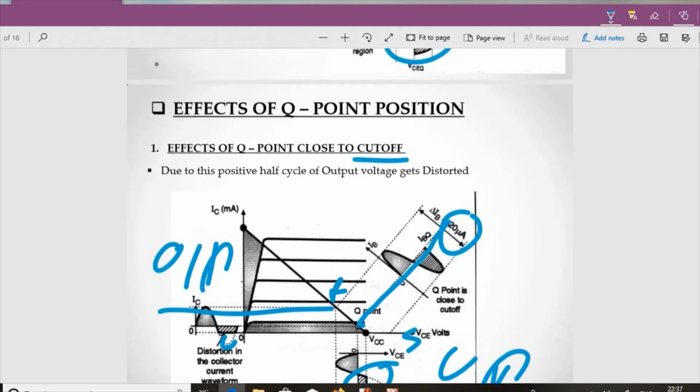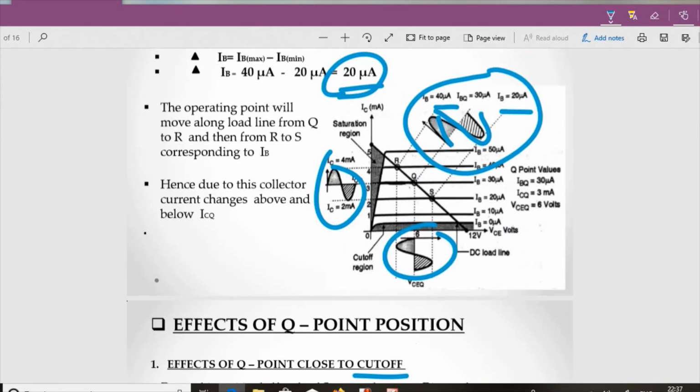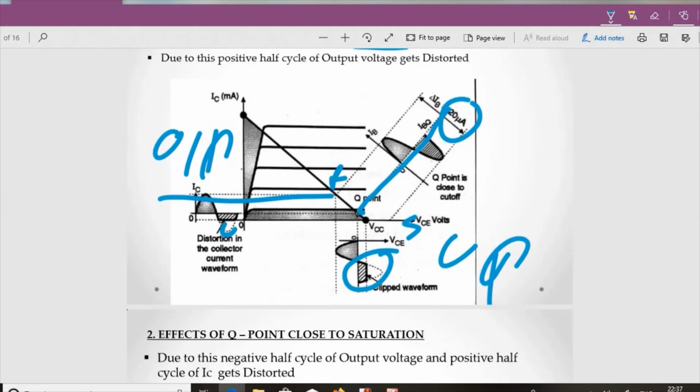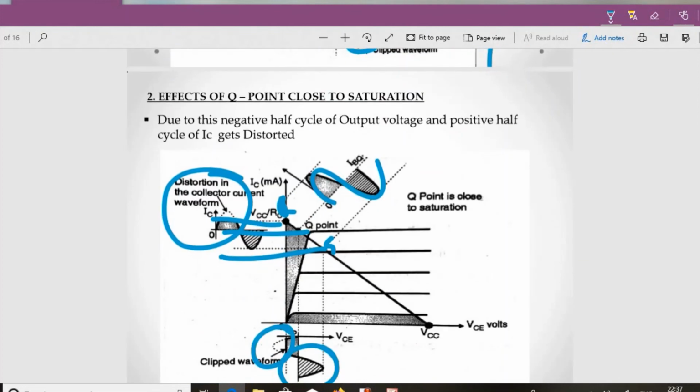But if you select the Q point in the middle, you can literally see that you are getting perfect outputs, this one and this one, without any distortion. If you take it near the cutoff, the voltage positive half cycle is clipped off, and in current your negative half cycle is clipped off. Similarly, when you take it near the saturation region, your voltage negative half cycle is clipped off and your IC positive half cycle is clipped off. That is the only reason we tend to take the Q point at the center of the DC load line. Now this was all the story about the